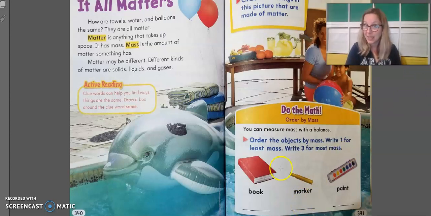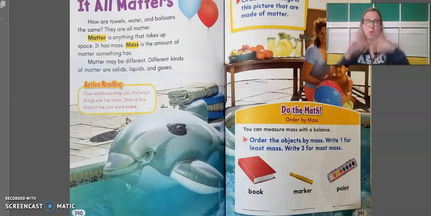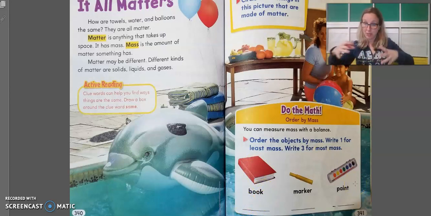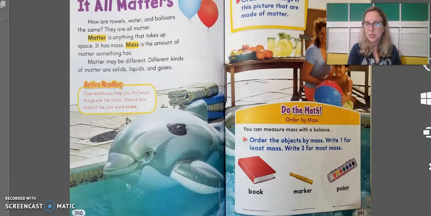Okay, the book is definitely the biggest. That takes up the most space, so it has the largest mass. So we'll put a 3 under the book. And that leaves the paint, which is in the middle between the marker and the book. So for the paint, you can put a number 2. And when you are done with that, let's go to the next